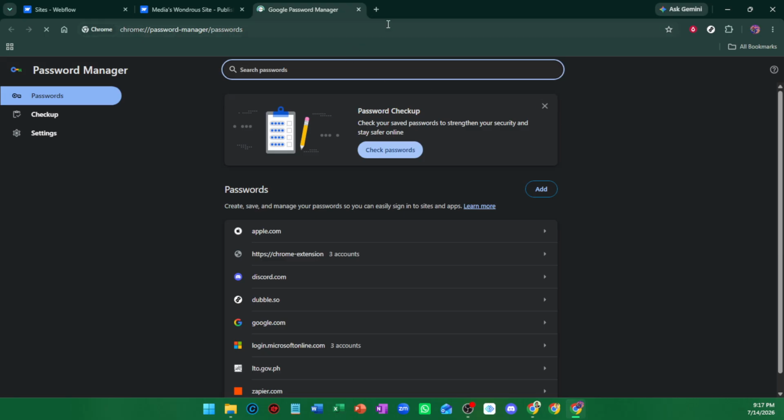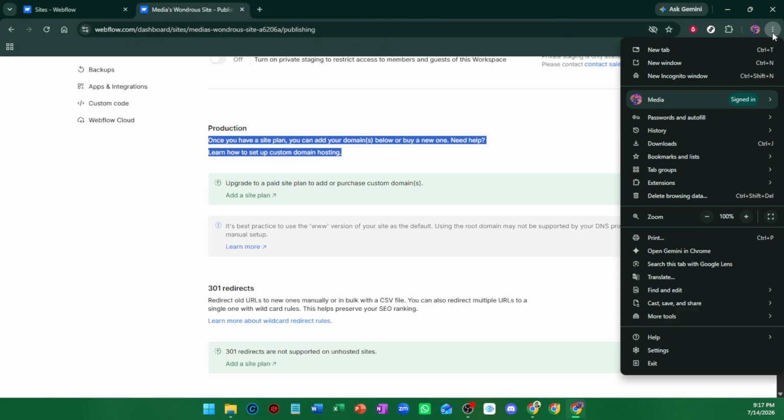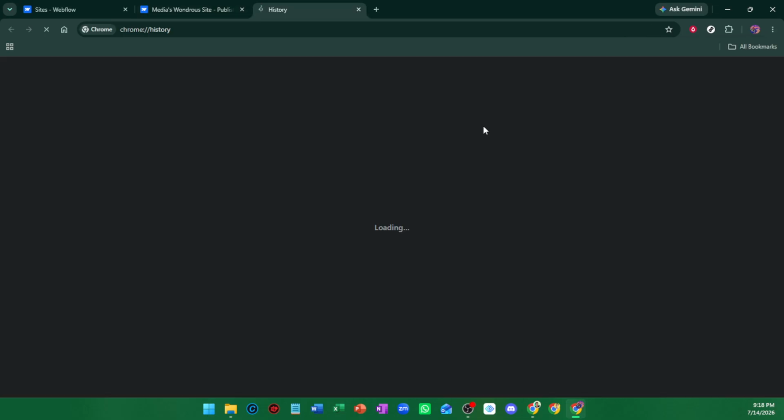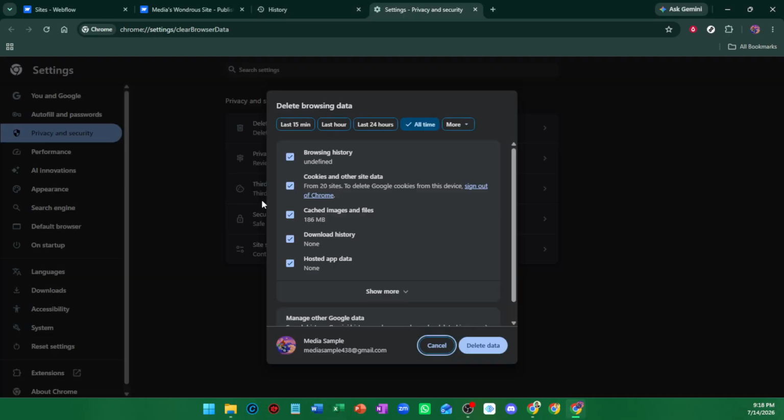Finally, if your domain is already connected to another Webflow project, you'll need to remove it from that project first. Go to the other project, open site settings, then publishing, then production, and use the three-dot menu to remove the domain. Once it's disconnected, you can add it to your